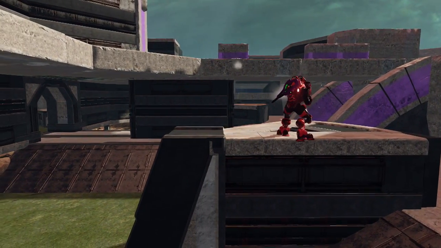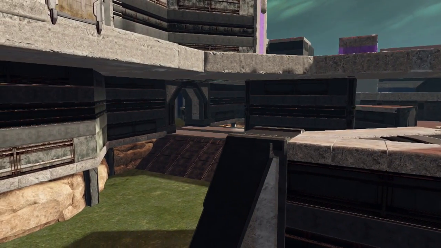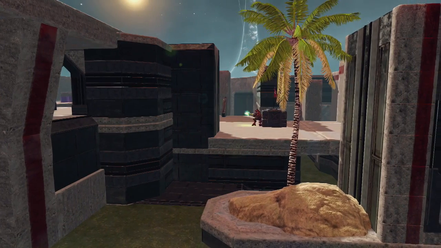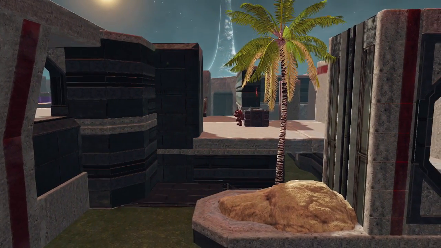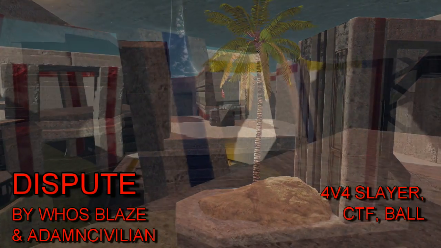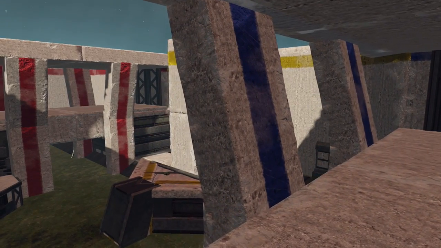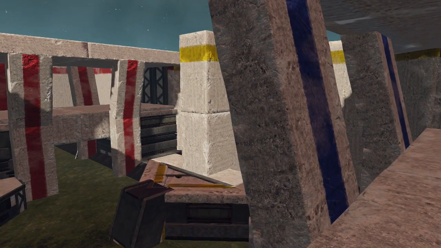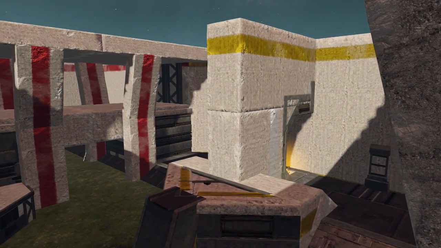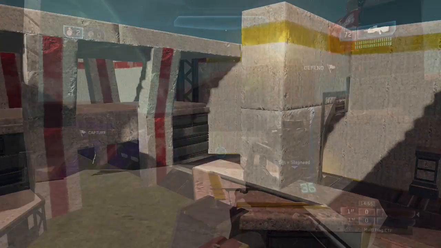This is PsychoDuck, and today I am here with our second core map feature in Halo: The Master Chief Collection, or Halo 2 Anniversary. And this map is another symmetrical 4v4 arena map called Dispute, and it was created by Whos Blaze. Now, for those of you who've been around the forging scene for a couple of years, you probably recognize Blaze's name. He's got quite a few solid maps under his belt. But I would argue that this is certainly one of his best, and I don't think anyone would dispute that